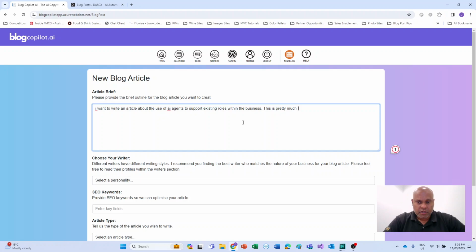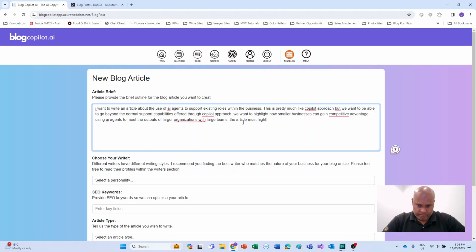pretty much like a pilot approach, but we want to be able to go beyond the normal support capabilities offered. We want to highlight how smaller businesses can gain a competitive advantage using AI agents to meet the outputs of larger organizations with large teams. The article must highlight the